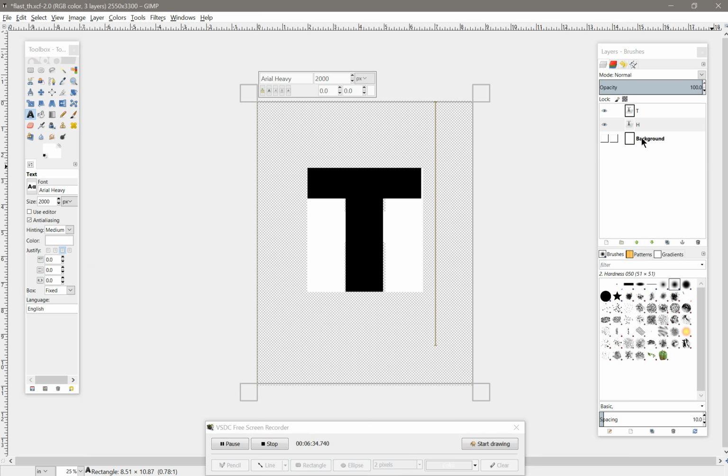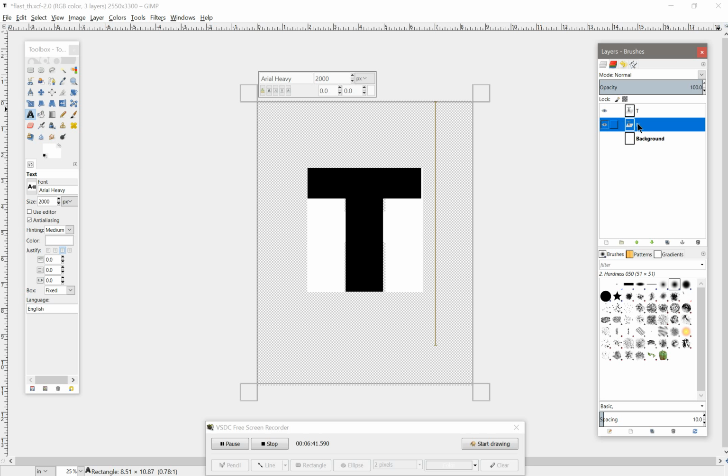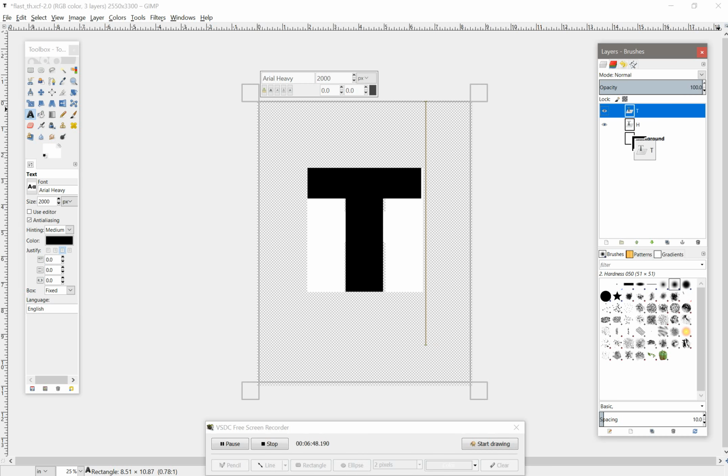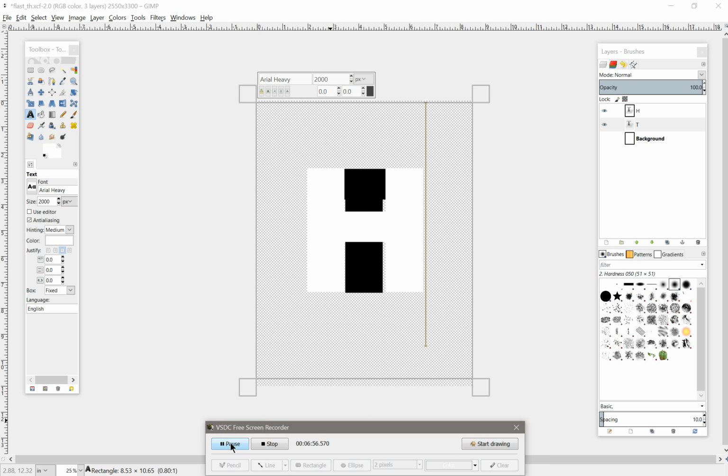Again, when I click the middle of my workspace, there won't be a blinking arrow, but I can go ahead and write a capital H. Now, right away you see that because I was working in my background, my letter H is kind of hidden behind my letter T. When I move my layer to the top of the T,